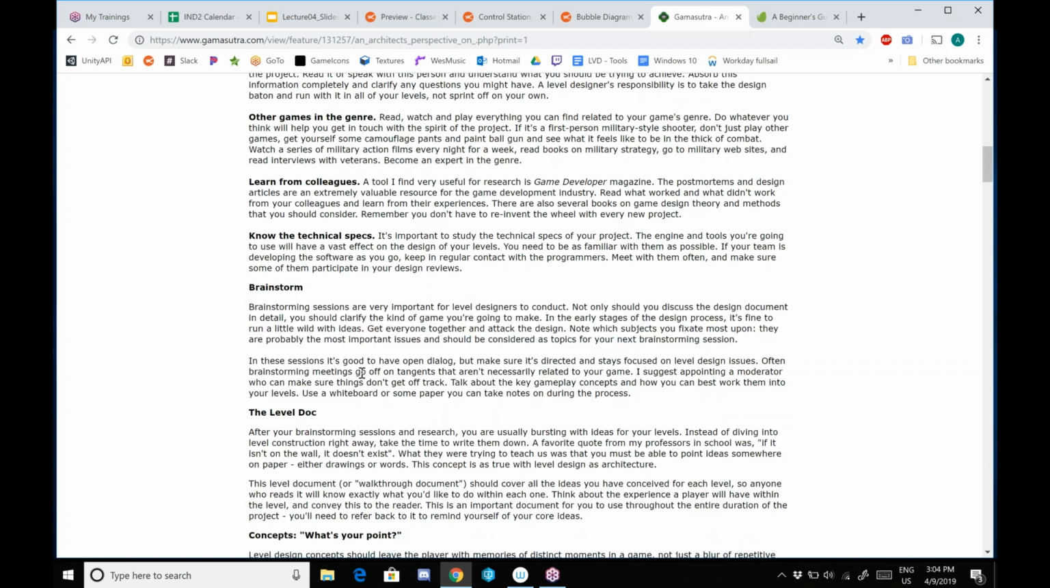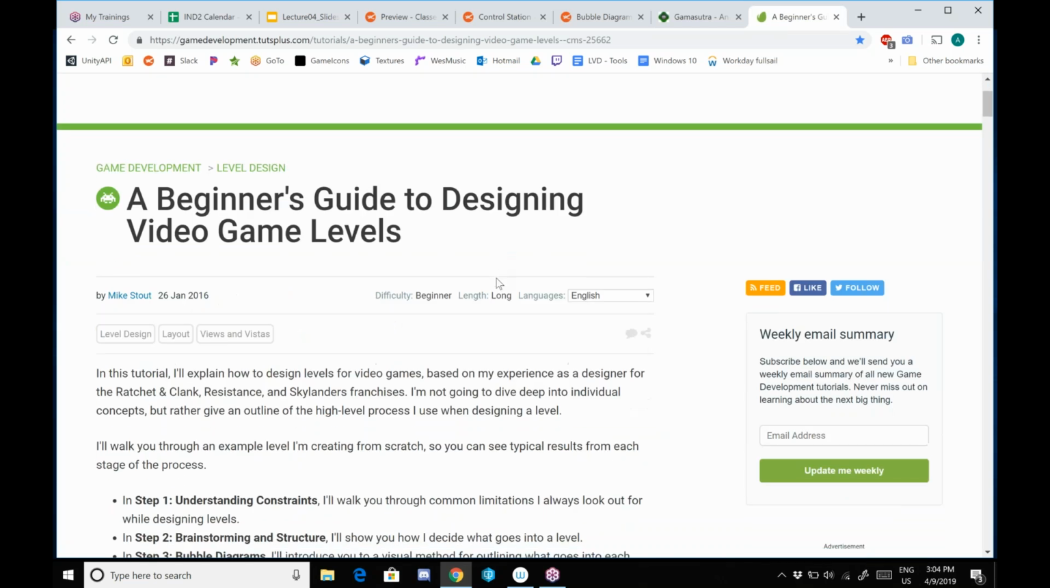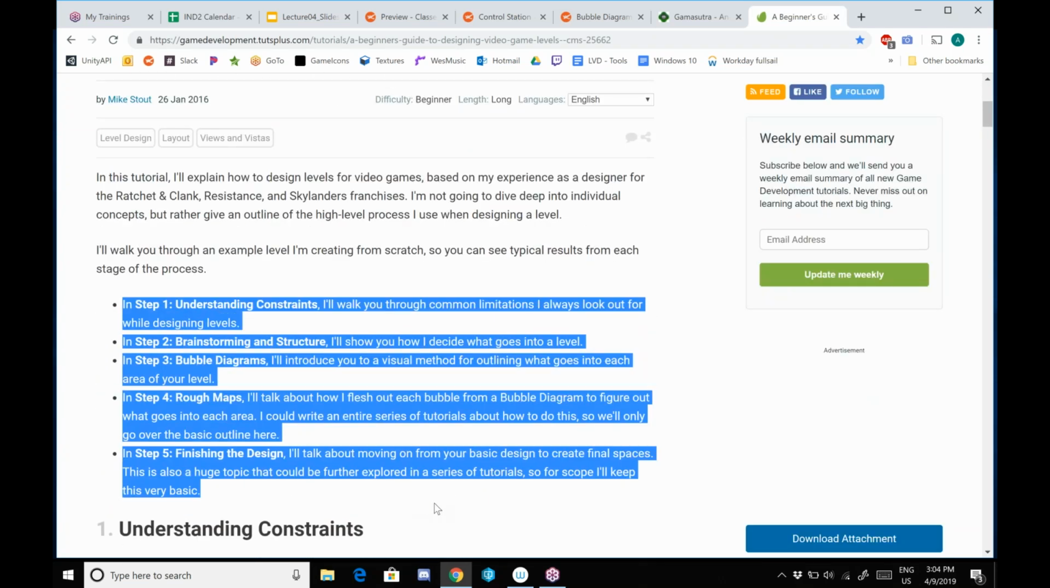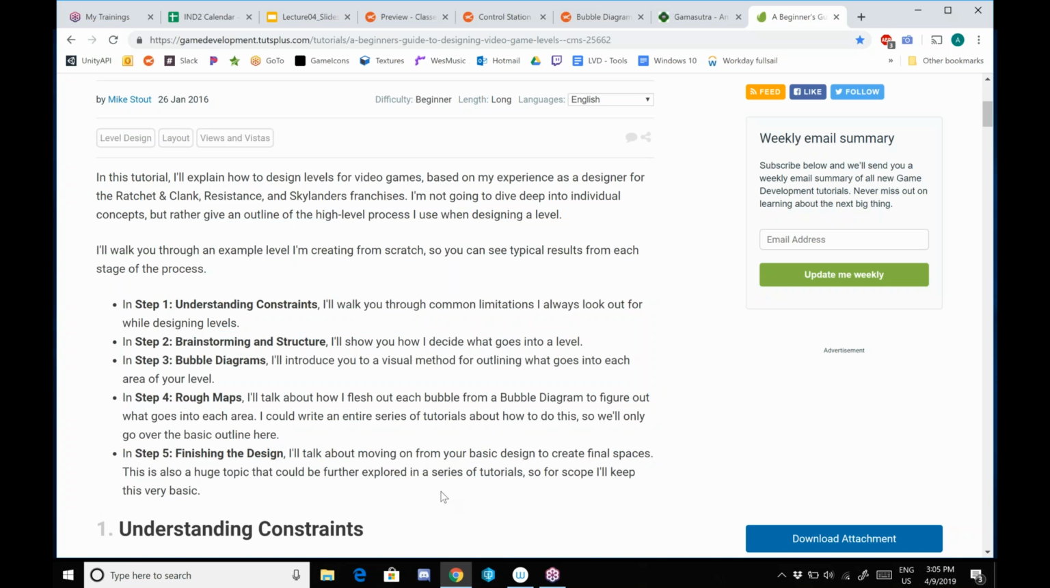Now you're at the point where you're going to start to brainstorm and build your bubble diagram, the actual layout of the level itself. This other article is very similar, but it's a very, very simple and structured way to see this process. This 5-step process you see here is really something I've modeled the design tasks around in